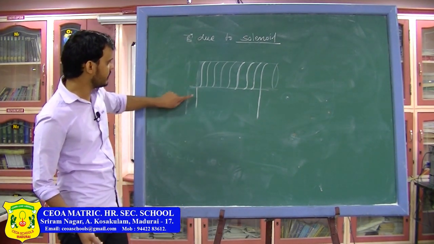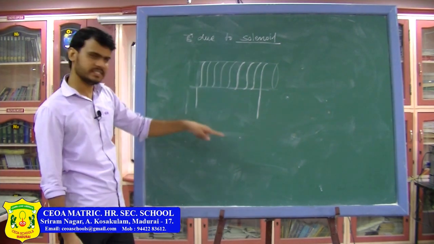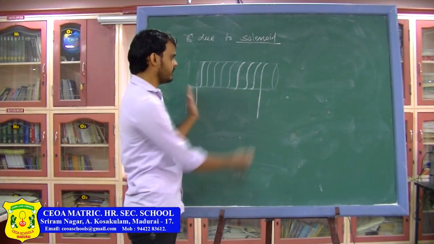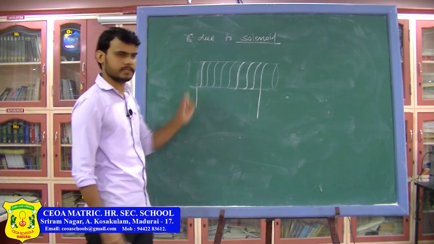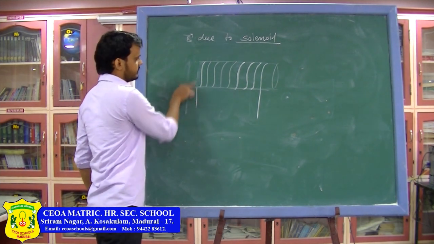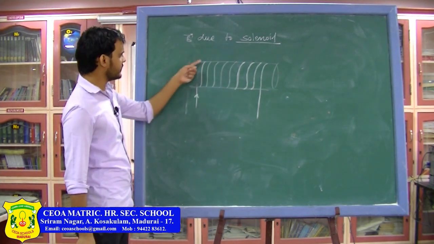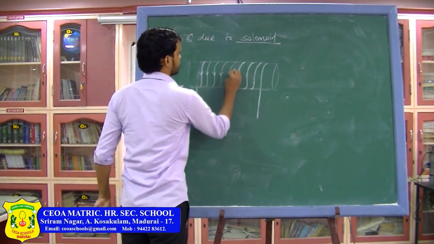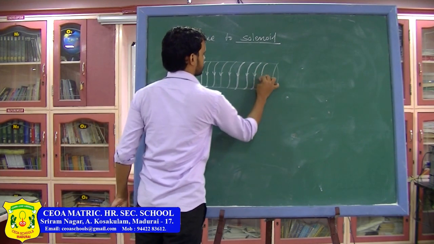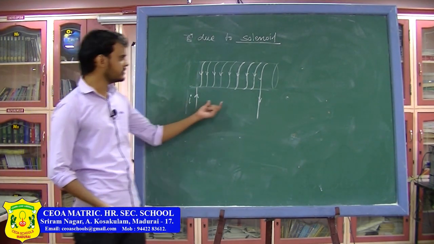So here you have a wire and this wire is going like this over a cylinder. So just assume a spring, in that spring the wires are very close to each other. I have drawn them far apart, but they are very close to each other. So here this wire is like this. So here the current will be going like this. So current will go and come back like this. So basically this is the current in the solenoid.